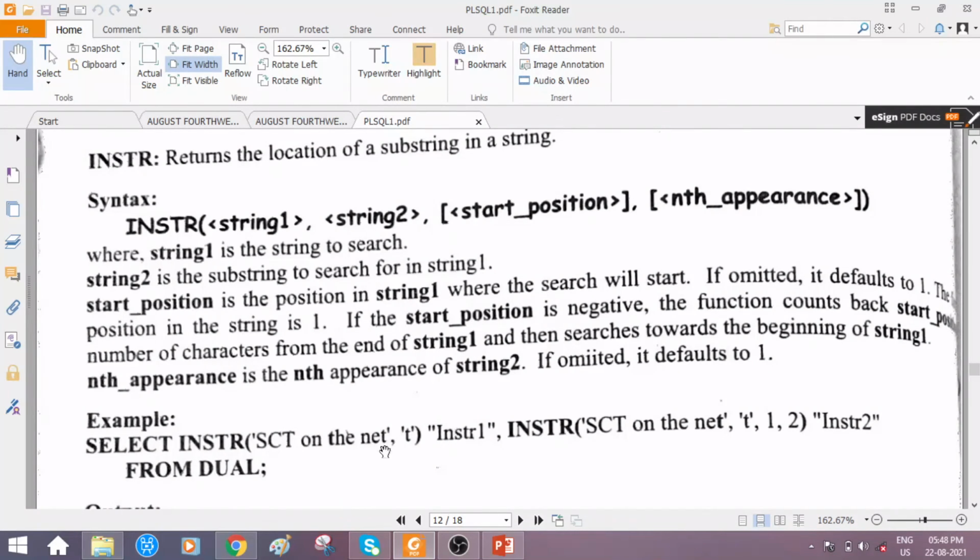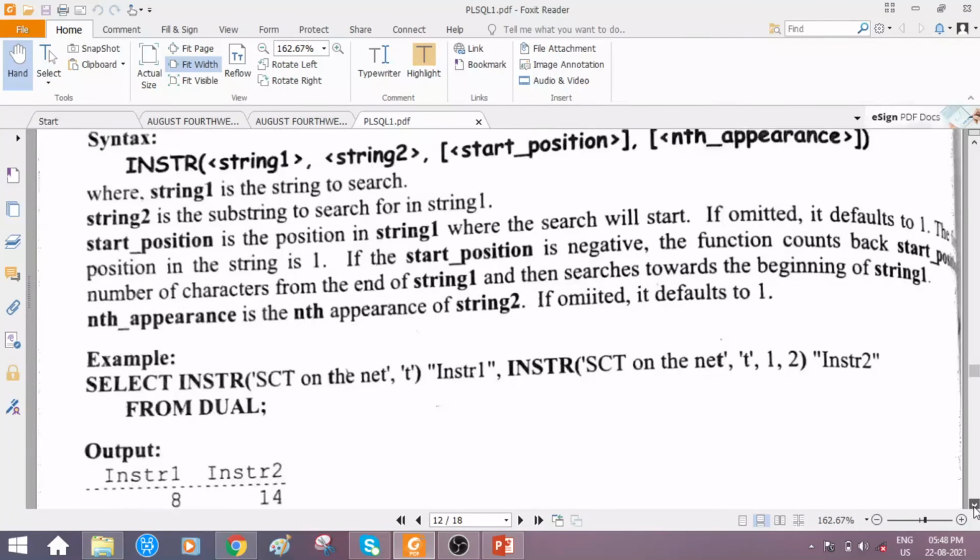Okay, so let us observe the output for this, with the column heading instr1. And we have used a comma. It means once again we are using the instr function in the select operation, in the query. But before we discuss the second part, we shall observe the output for the first occurrence.